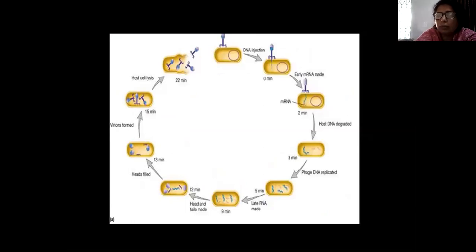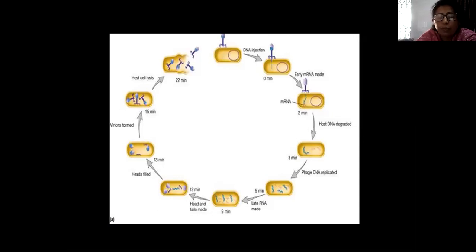When the DNA enters the host cell, it starts transcribing to mRNA. It takes the second minute. In the 3rd minute, the host DNA gets degraded, and in the 5th minute, phage DNA gets replicated, and the late RNA is made in the 9th minute,